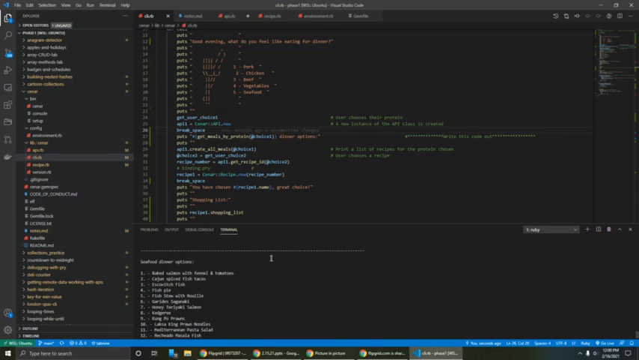I'm just checking that in my head again, making sure it works. So I'd really like to write some tests, but more projects later. So anyway, seafood dinner options. It's giving me